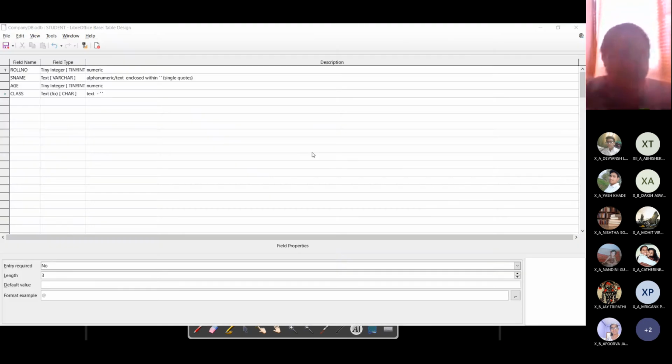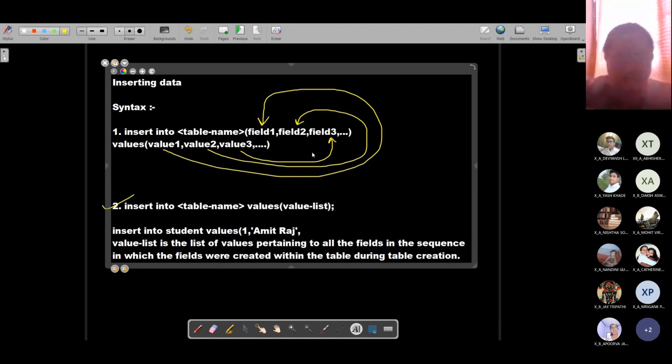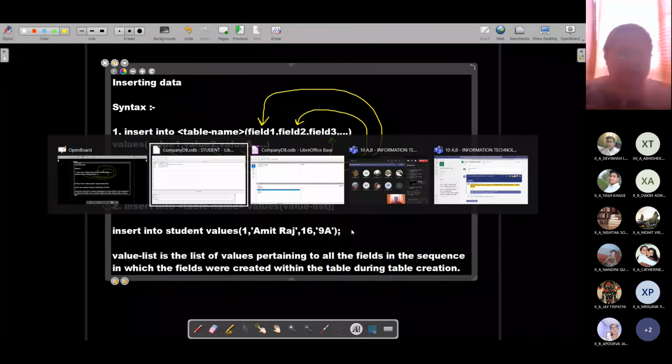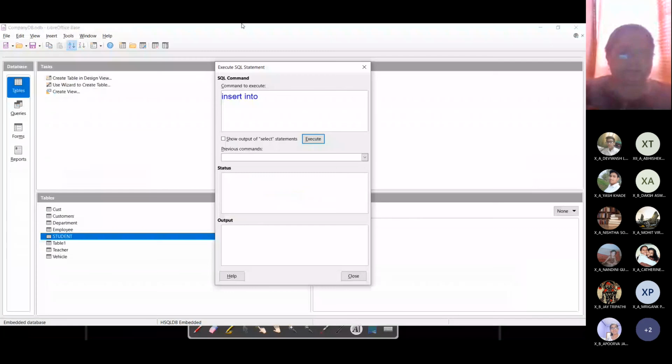Third one is age. So 16 as the age. And the last one is class. So let me give the class as 9A. Now 9A is what? Textual. So it has to be enclosed within single quotes, semicolon. Okay. And this same thing we are going to type over here.